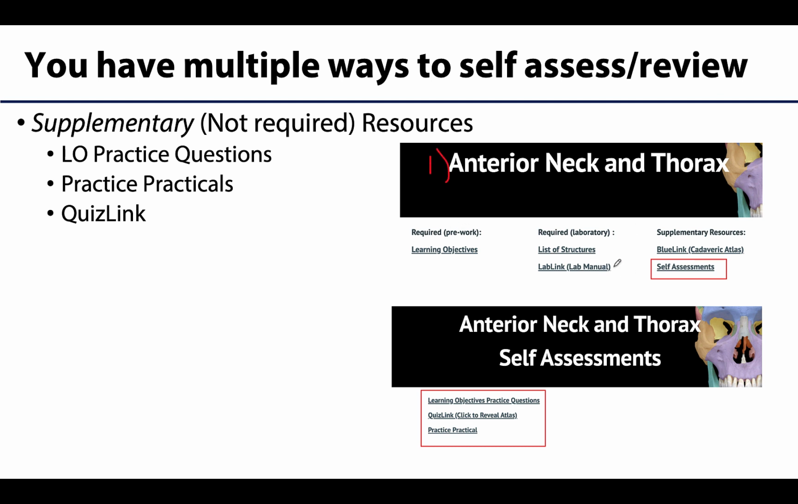If you're looking at this main page here, you'll see some things that are required, and then you'll see some things that are supplementary. You'll have the BlueLink Atlas images, which are embedded in a lot of these resources, but then you'll also have this link here called self-assessments. And when you click on that, it will take you to a page here that has 3 different types of self-assessments. There will be learning objectives, practice questions, which will be very similar to what you will see on the quizzes and final exams. You will have quiz links, which are a click-to-reveal resource of those cadaveric images that are available